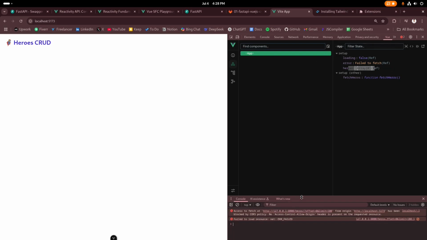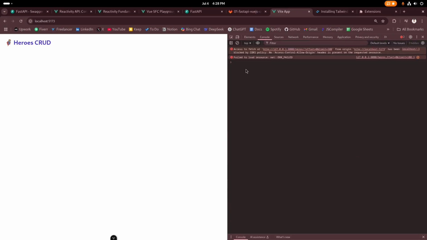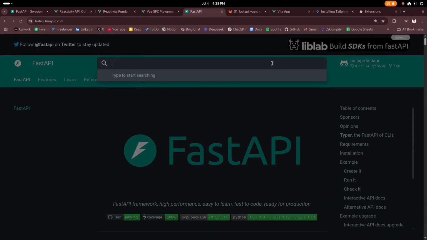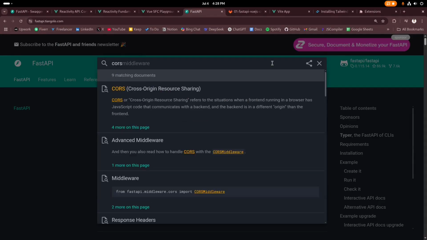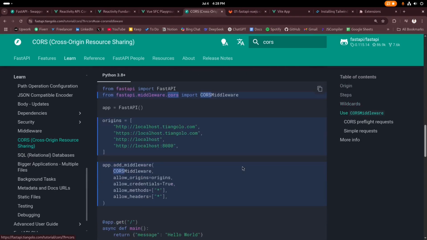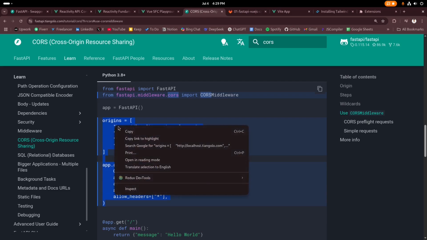Let me click on this. If you just click on console, it is saying access to fetch from origin has been blocked by CORS policy. To fix the CORS error, you need to change a little bit of code in the backend. Once again, go to the FastAPI website, search for CORS. There you can see how they have handled CORS. This is the way to handle CORS. Okay, let me copy all those